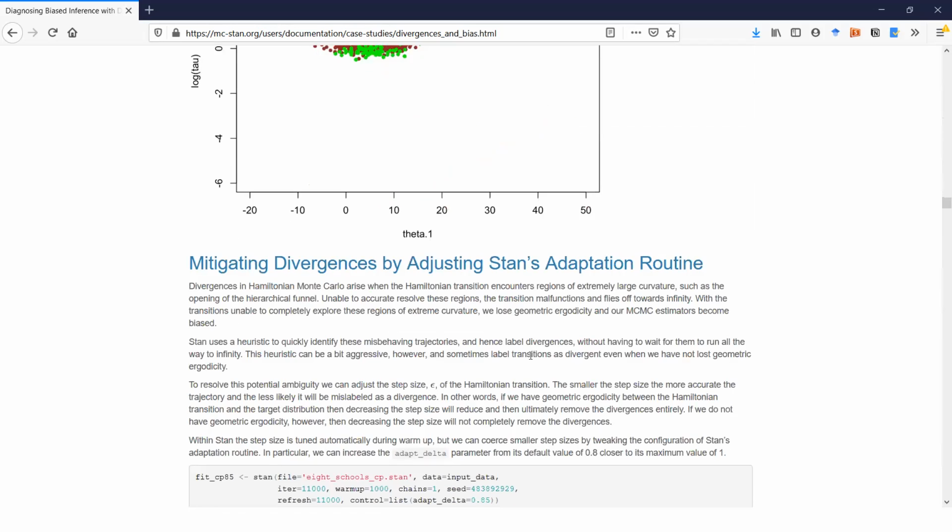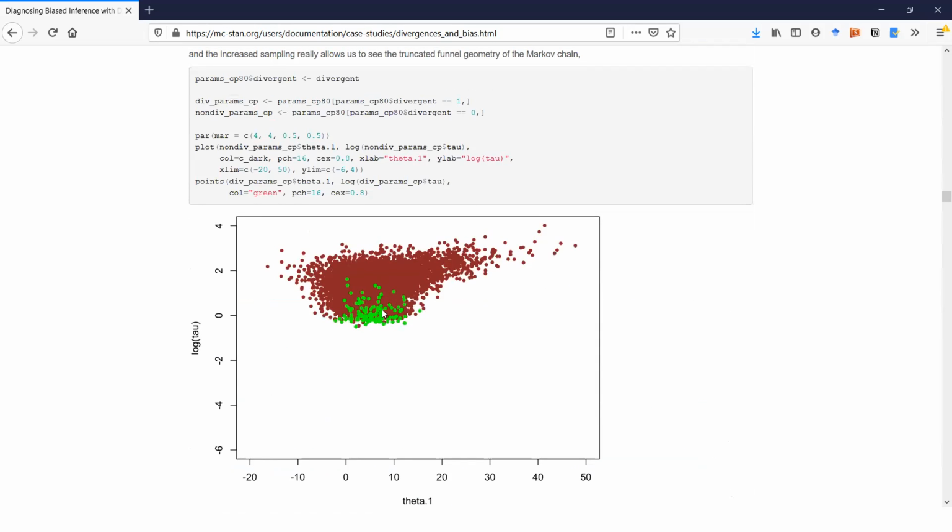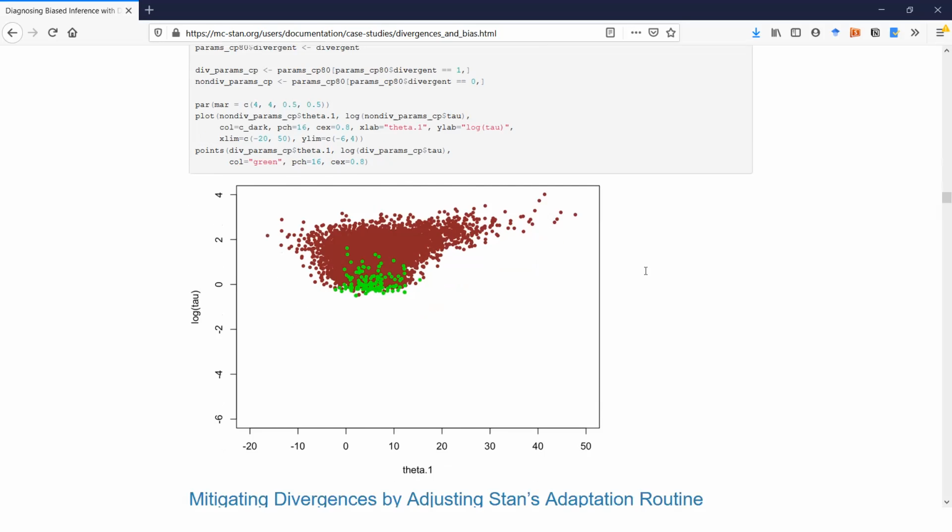And we see all these divergences that HMC reports, which I can talk more about at the end if we have time, what that means. But we can run all sorts of diagnostics to see that something is going wrong here.